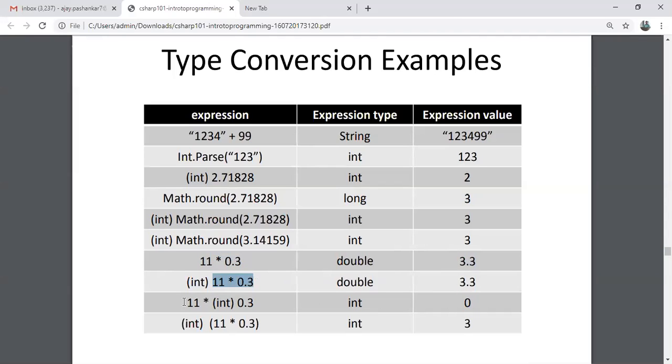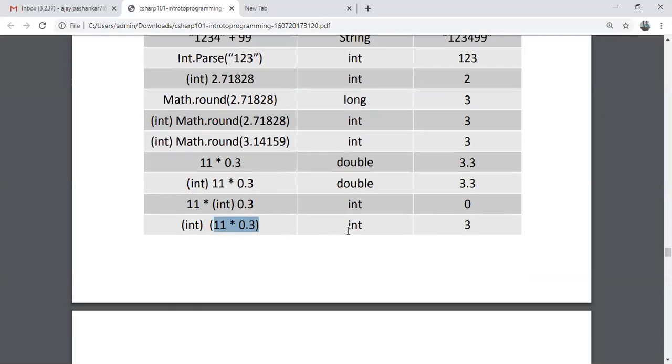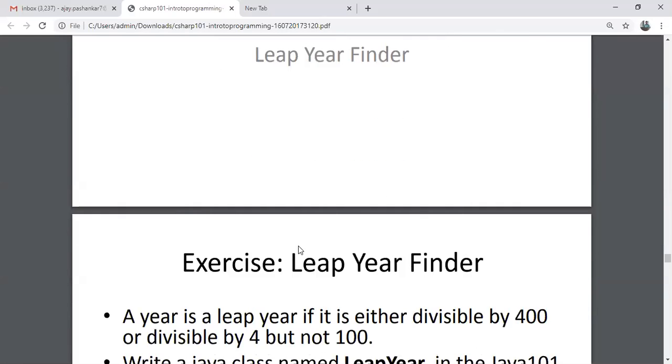But this is an explicit conversion. 11 into int of 0.3: whenever you take 0.3 as an integer, it will be 0, and 0 into 11 will be 0. Okay, any problem? If you apply integer to this 11 into 0.3, what is its value? 3.3. If you take int, it will accept only 3. This fraction part is discarded. Done.